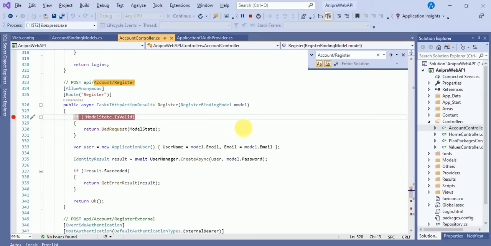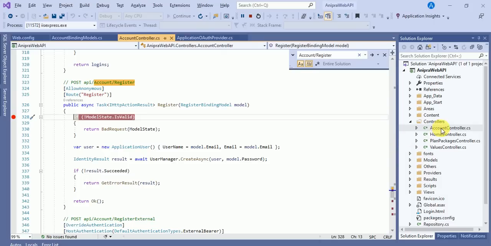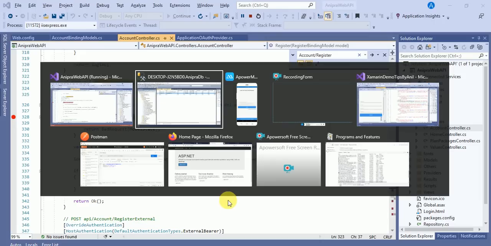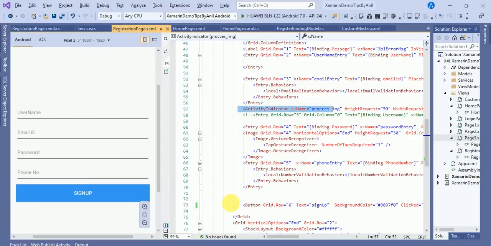Here you can see this is the web API. In this web API, this is the account controller. This account controller has the default web API, a post web API, account/register. Using this web API, we are calling it in our Xamarin Form.